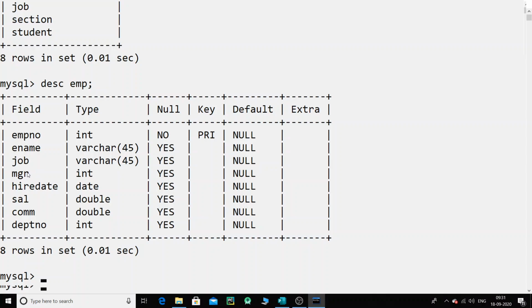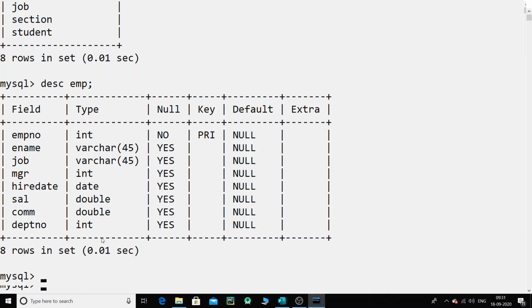Then there is manager, which will be an integer data type. Basically this will be a manager number associated with that particular employee. And then we have the hire date of the employee, the salary of the employee, that is SAL, the commission, and the department number that the employee belongs to.